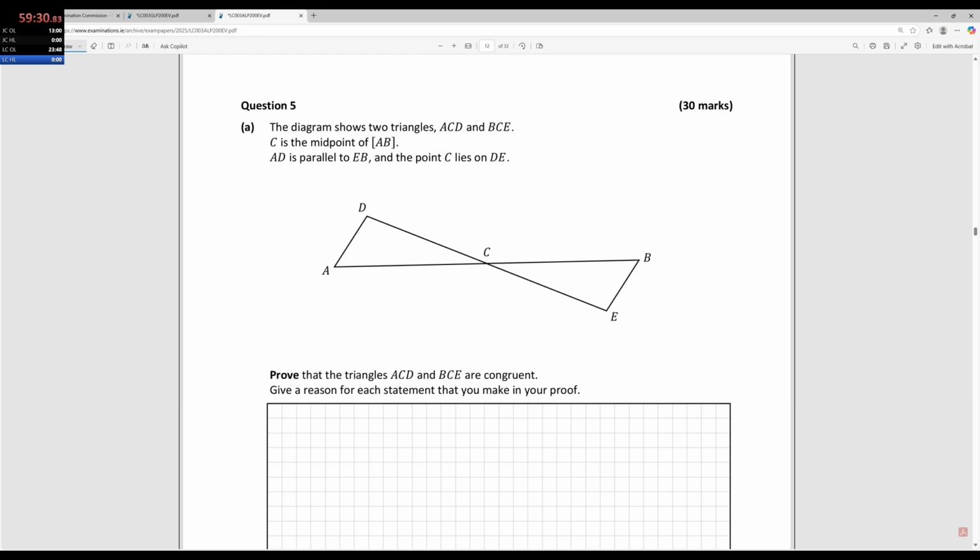Well, they said C is the midpoint, so we can say AC equals CB as midpoint. Because this is parallel to this, we can actually say this angle matches with this one because of the Z's. So we can say the angle. Oh yeah, well that wouldn't. Oh, we'll just use this one. Yeah, no, I'm being stupid. So the way you'd write that is DAC is equal to EBC, we'll say. You can say that a different way, but that's the way I'm going with it. EBC,